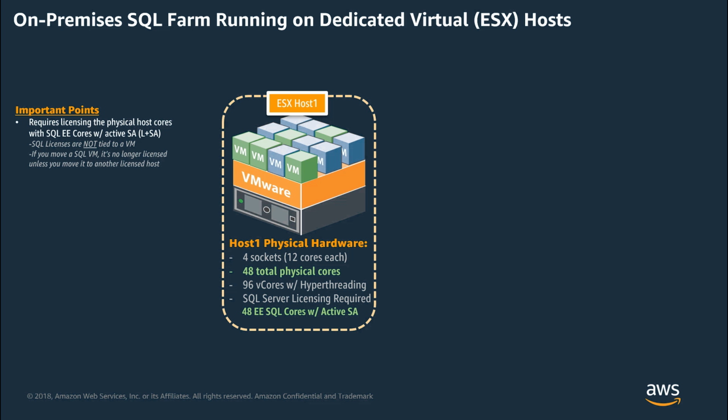And when you're on-premise, in order to get unlimited virtualization, you do have to have active software assurance. Now, one thing to note is that when you license by virtual host, in this scenario, the individual VMs are not tied to a certain license. You can have as many VMs underneath that host as you want, and it doesn't change your licensing. But as soon as you move a VM outside of this host, unless it's moving to another host that's also licensed, you'd have to license that VM separately. So just be mindful of that: when you move VMs outside of a host that's licensed, it will require additional